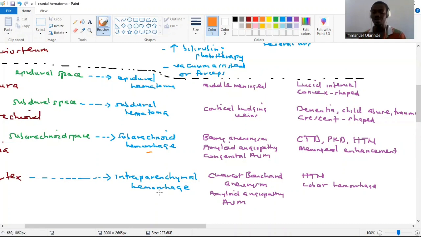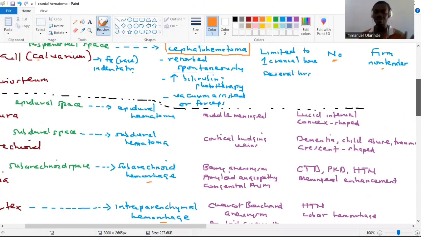We also know intraparenchymal hemorrhage. It's a type of hemorrhagic stroke due to either Charcot-Bouchard aneurysm, amyloid angiopathy, AVMs, hypertension, things like that. But these are going to be types of hematomas. Some are extracranial, superficial to the skull bone, and some are intracranial, within the cranial cavity. So diagnosing them is going to be